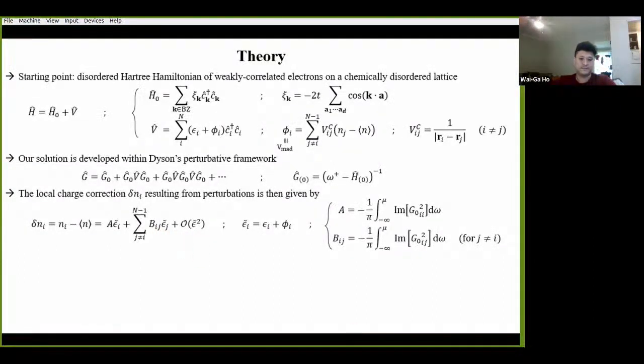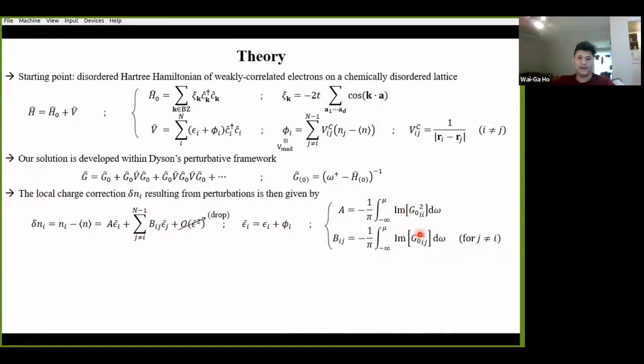All right. And if you'll remember from the previous slide, we had said that we wanted to study the linear relationship between the charge transfer, delta n now, and the Madelung field phi. So what this tells us is that we want to be in some linear charge transfer regime, and we therefore truncate our expansion just to first order in epsilon tildes, where the only remaining expansion coefficients have been defined here, and these depend only on the bare position Green's function, as well as the filling or the chemical potential mu.